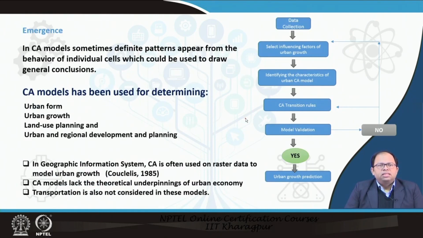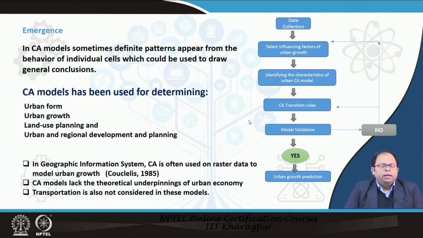So once these transition rules are laid out, and then if we simulate the model, we find that at the end of the model run, some new patterns appear. This arises from the behavior of each individual cell, because we model the transition rules for each individual cell, and after running the model, an overall pattern emerges, which is also known as emergence. From this we can draw general conclusions of trends or patterns of change in that